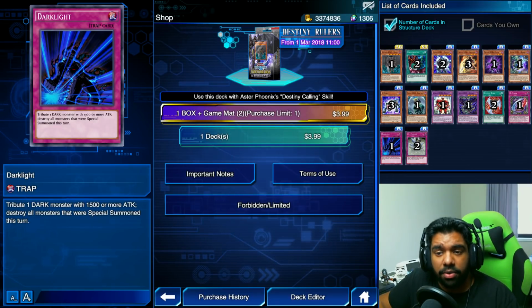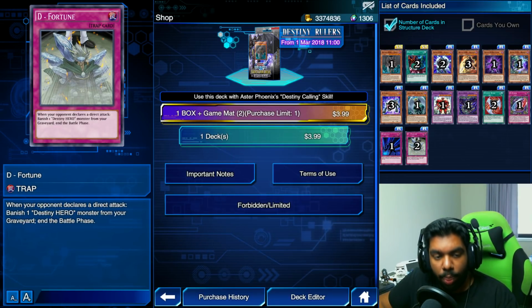Now moving on to our final card, we have Defortune. When your opponent declares a direct attack, banish 1 Destiny Hero monster from your graveyard and end the battle phase. So it's a pretty cool card if you're going to run a deck that's all about fusion summoning, because that